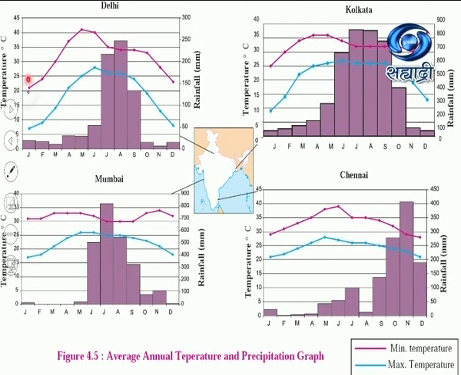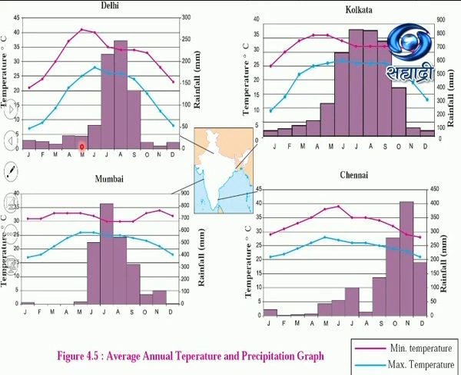Whereas the temperatures are, the minimum is 5 degrees to 20 degrees. So 20 degrees is maximum when there is a minimum of 5 degrees. So this place, that is Delhi, has a wide variation in maximum and minimum temperatures. The minimum temperature you find in the months of January, February, and March. And the maximum temperature, that is still 40 degrees Celsius, in the month of May. So this is about the climatic condition of Delhi. Here in Delhi you find extreme climates, extreme hot and extreme cold.